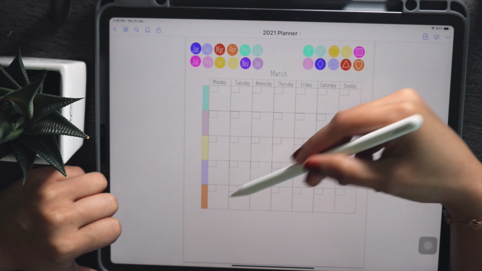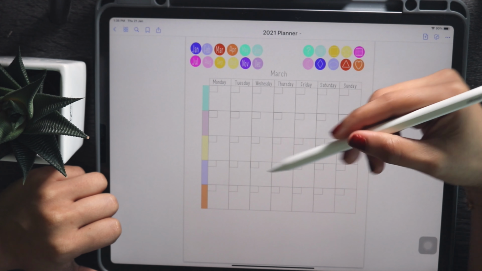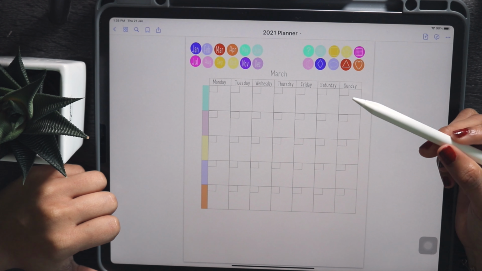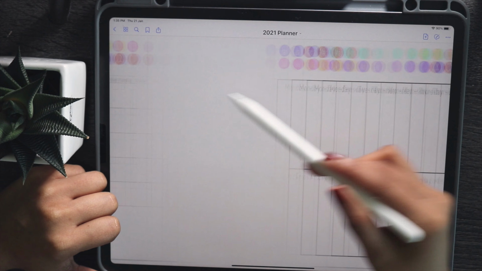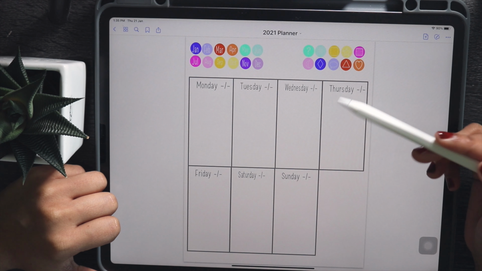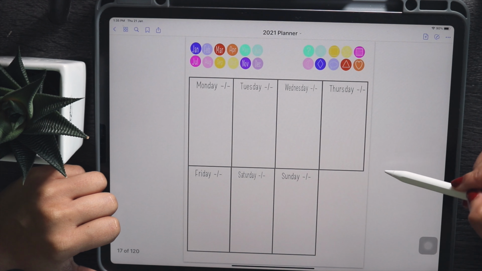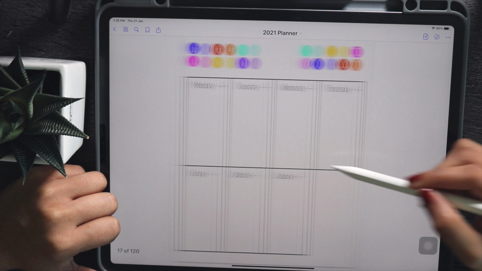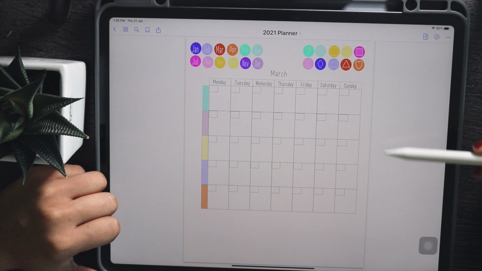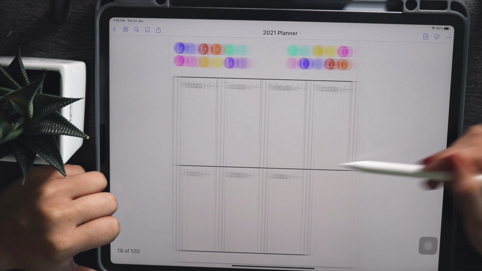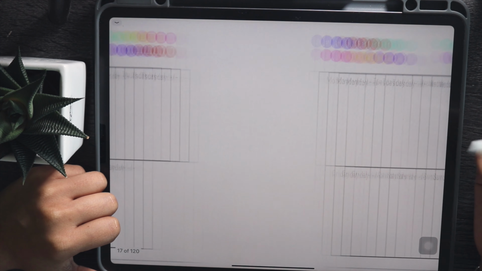One thing you will also notice if you go to a month view is these little colored boxes here. If you click on those, it takes you to the week view for that week, and then you can just swipe to go to the next week. Every single week of the year is linked with these little buttons, and then you can just swipe back and forth if you want to see the adjacent week.